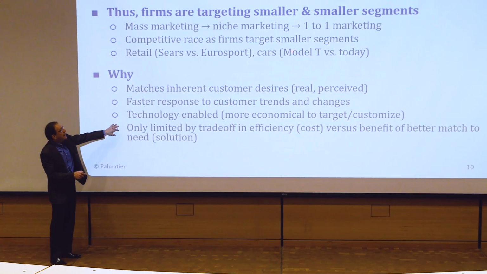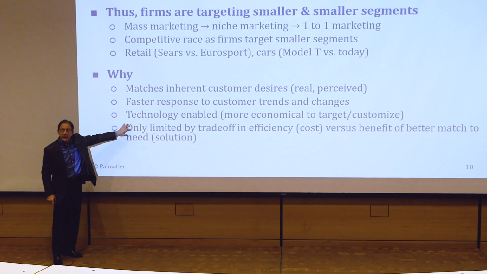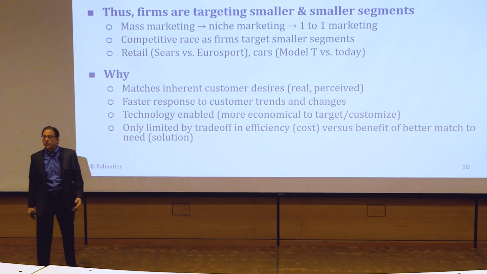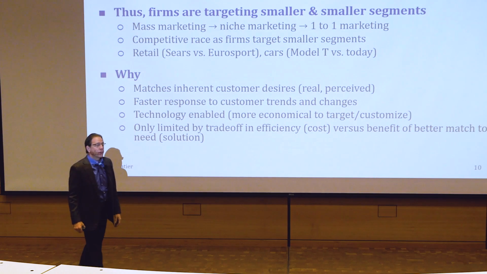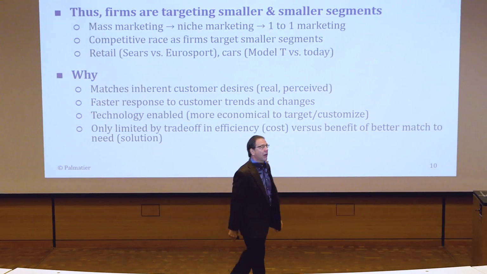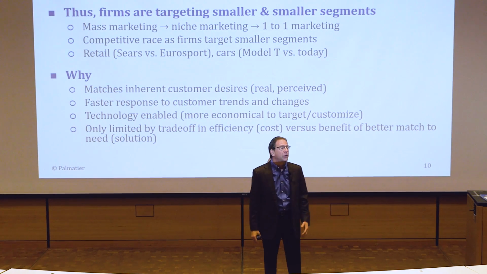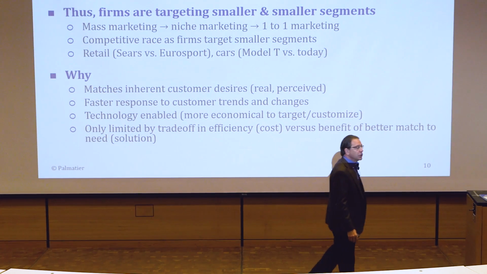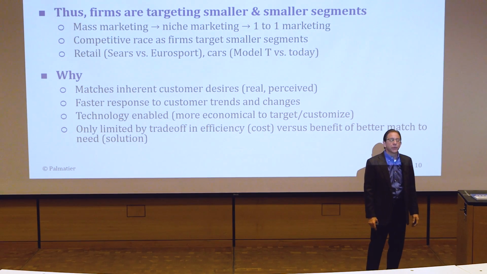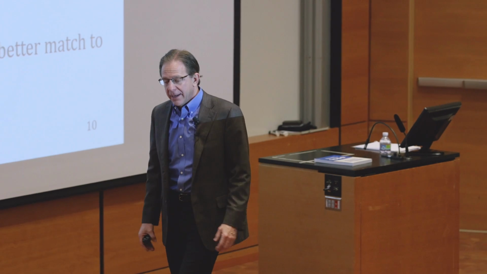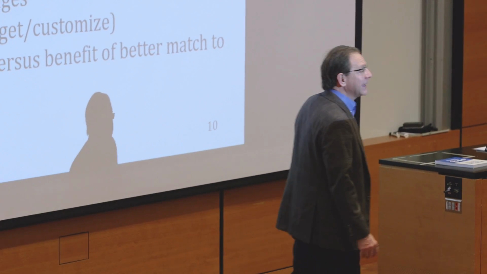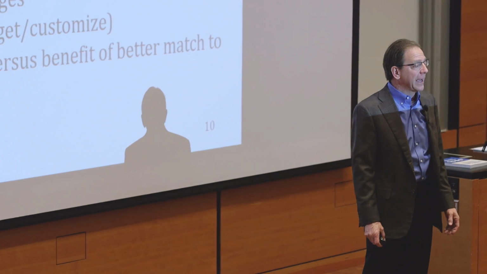The only reason everybody isn't doing one-to-one marketing, which really is the best way, is because in some markets, it's just cost prohibitive to do that. For example, can you design and manufacture a car exactly how an individual person wants? No, that's probably too expensive today. But can you do it for clothing? Well, it used to be firms made blue jeans in 3 sizes, small, medium, and large. And then, as you know, they've expanded out to, you go into a Levi's store, it's amazing how many different kinds of jeans they have.